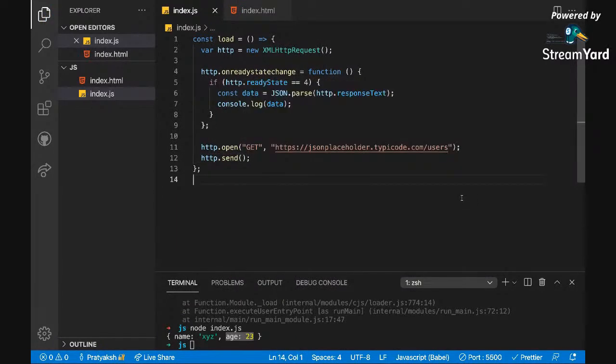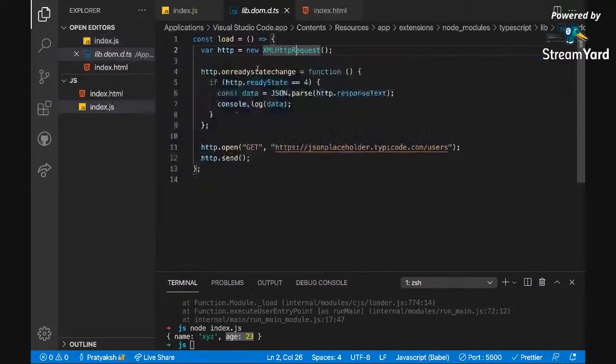Okay, so let's start explaining what is this gibberish over here. Let's start with this very first line. We have created HTTP, which is an object of a class called XML HTTP request.